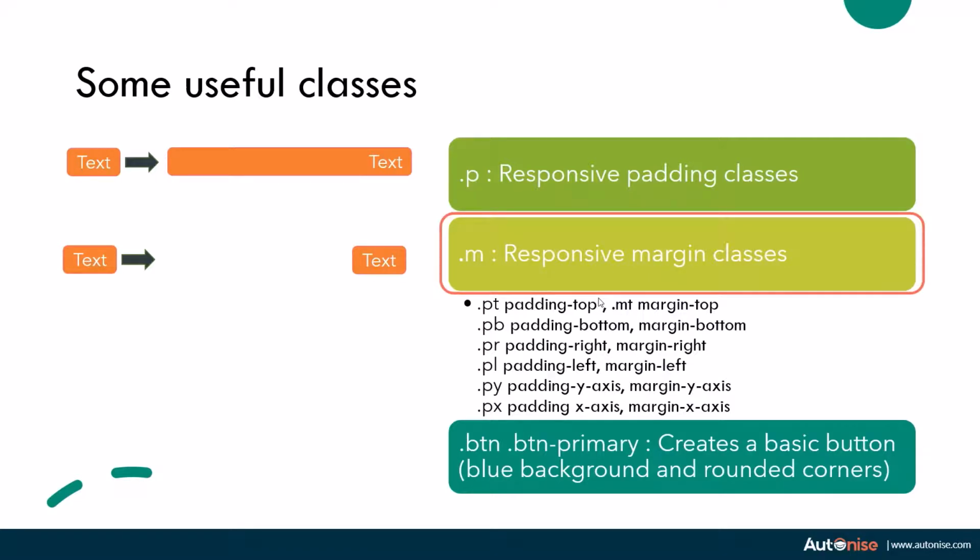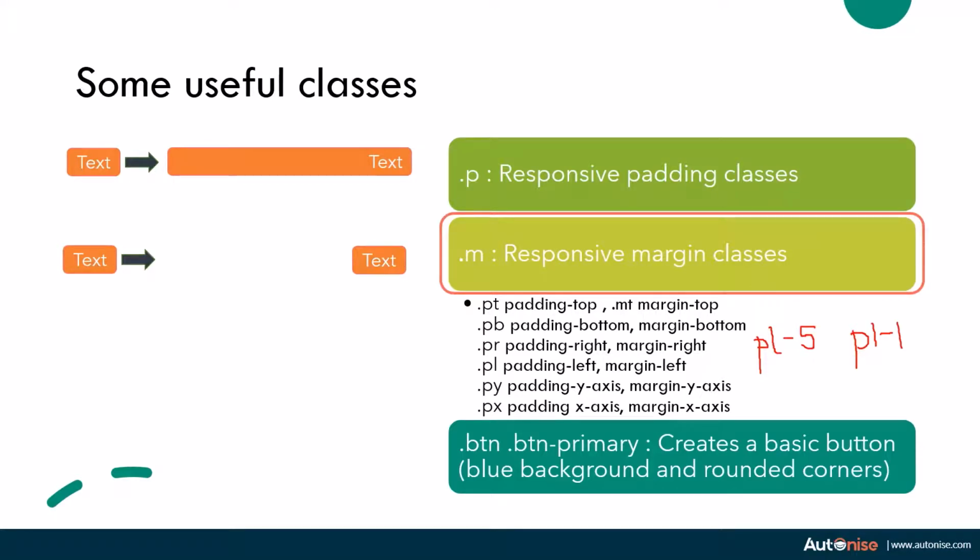To specify the different measures of padding, let's say you want to add a very large padding, you need to specify PL-5. So if you use PL-5, you will get a very large padding. But if you want to use a small padding, you can use PL-1. So this is how you control the amount of padding which you want to apply.